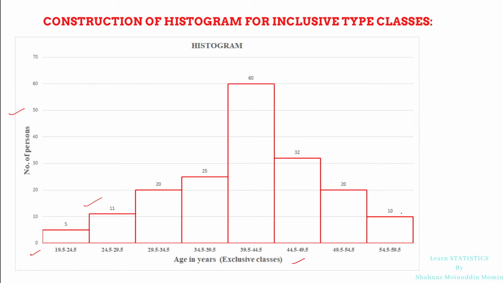If a student wants to learn how we draw rectangle one by one, then I have discussed it in the previous lecture of histogram part 1. The link of that lecture is mentioned in the description below, and one can go to the lecture by clicking on the I button at the top right corner of the screen, and one can refer its link from the description below the video. Now we will discuss the fourth method,